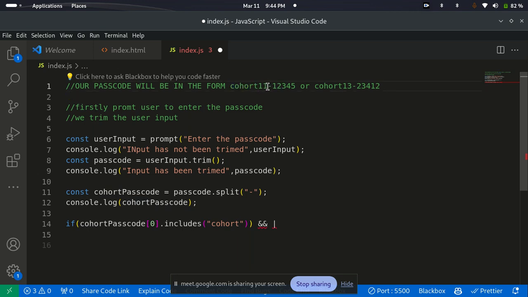Remember we have split it and it now forms 2 different array elements, this and this. So we are checking this array element to say if this contains cohort, and what can we check again? If this is up to 5, that if the length of it, you know that to count array elements it is good to just use the length. If this is up to 5, that's if somebody's passcode is cohort 11-1234, it's not going to work. It must be 5 digits. So and